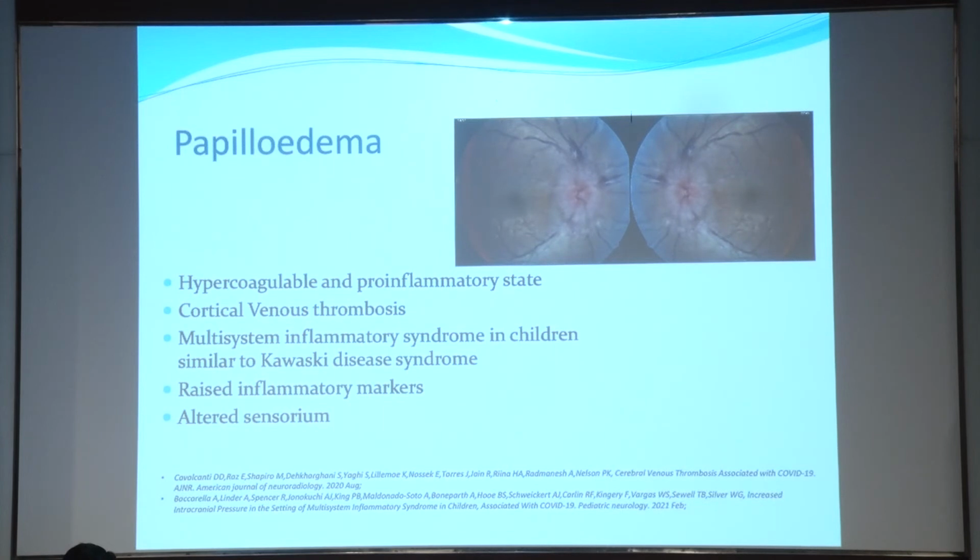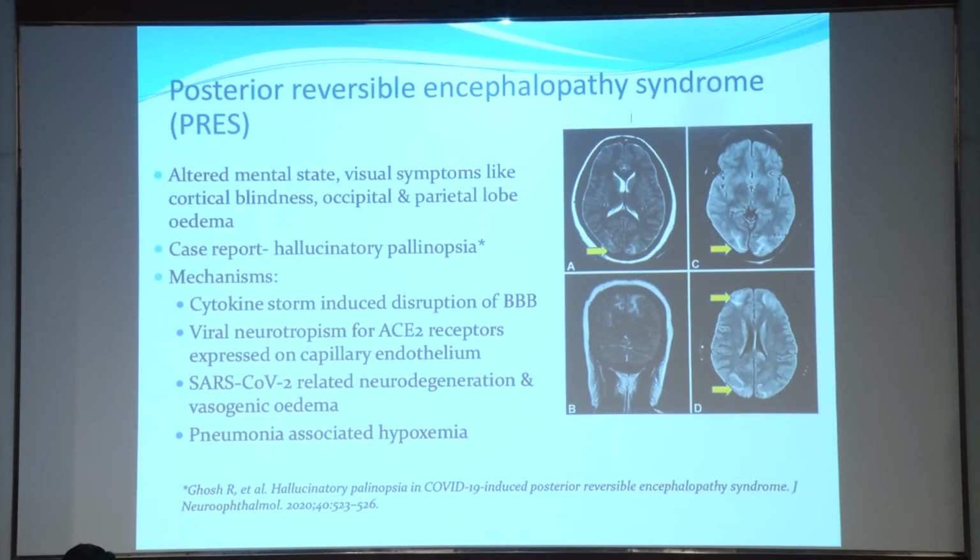Cortical venous thrombosis is commonly seen, and therefore MRV becomes mandatory in these cases. In children it presents as Kawasaki-disease-like syndrome involving multiple systems of the body. Raised inflammatory markers and altered sensorium are also seen in these patients. Posterior reversible encephalopathy syndrome is now commonly being reported, with an altered mental state along with visual impairment and occipital and parietal lobe edema, which has a characteristic MRI finding,